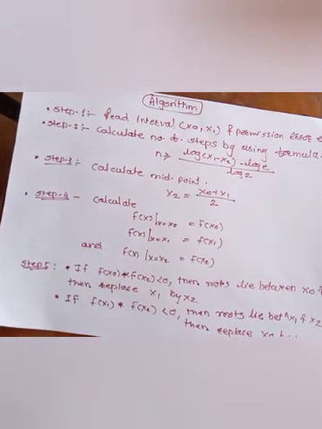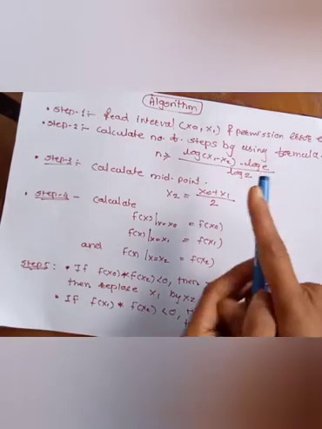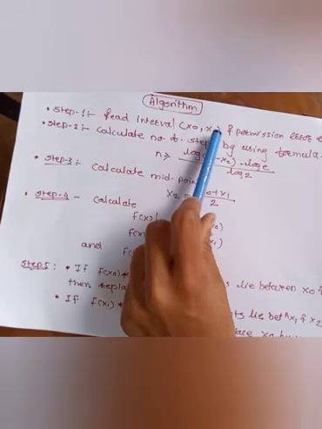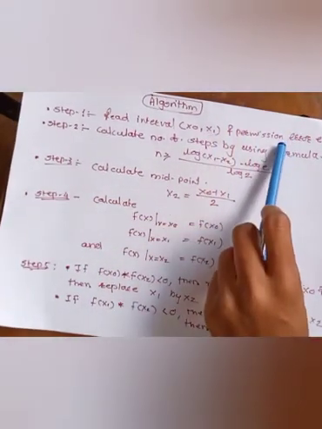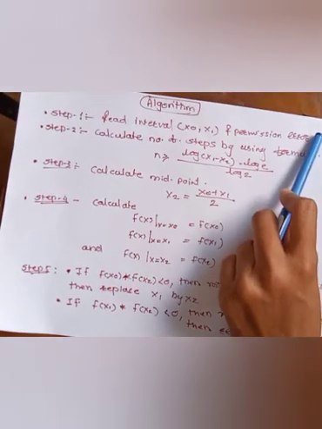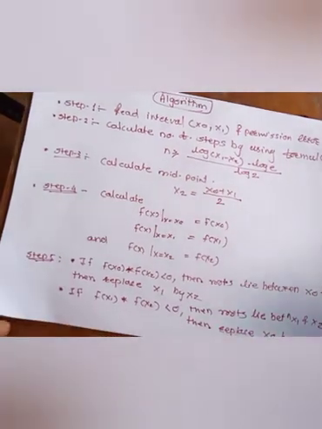So initially I am going to explain this algorithm. As I explained in the bisection method, what is your initial step? The initial step is the interval x0, x1 and the small error e. Hence in this algorithm our step 1 must be to read the interval x0 and x1. You require these values, hence you have to read them, that is x0 and x1, and you must know the permissible error e. That means how small an error can be sustained by your problem, that e must be read.